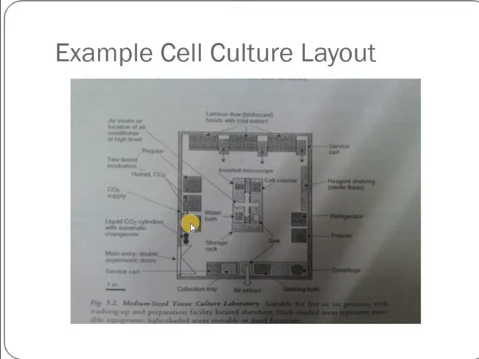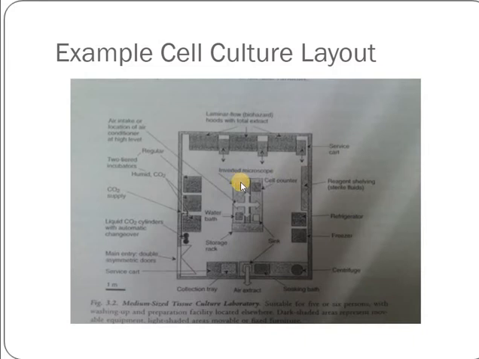and before that there will be the placement of the area used exclusively for the carbon dioxide unit, and these three will be the equipment which will be using carbon dioxide. In the middle is the storage rack. Apart from that, there will be the water bath, and the air intake and location of the air conditioner can also be kept in the middle of the laboratory so that it circulates into the entire room.